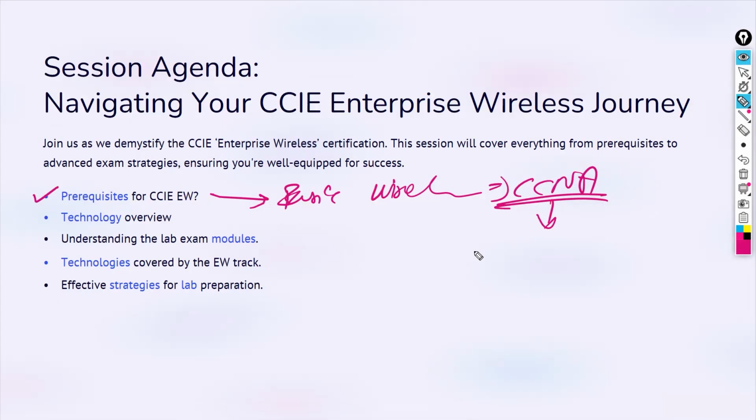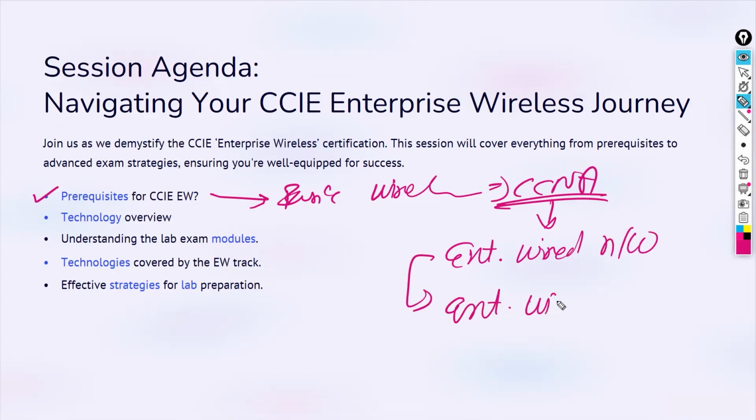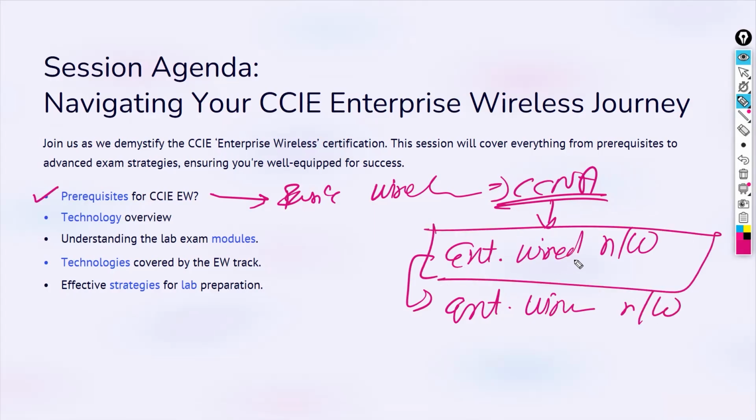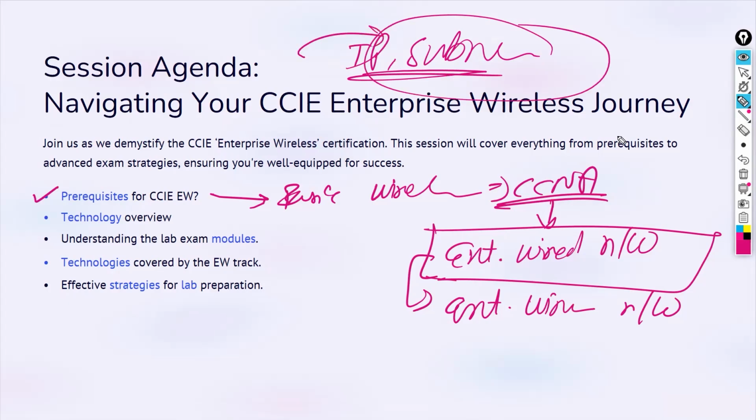Your CCNA level basic routing and switching should be good, because we have this enterprise wired network, and as I have already said, your enterprise wireless network will be based on it. This part I will cover, no doubt, but still I expect that you know what is IP. I expect you know what is subnetting, all these things, right? So I'm not going to start from the very CCNA basic level.